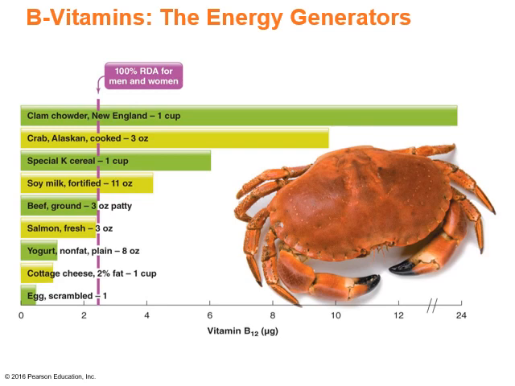That's some New England clam chowder. Good source. New England style is, of course, the creamy variety of it. That's the white, not the red. Special K, when it comes to cereal, is up there. Some Alaskan cooked crab. You got some soy milk that's fortified, ground beef, salmon, yogurt, cottage cheese. Again, look at these. Most of these are animal sources, so this is tough for people that are vegetarians. That's why we said when we talked a little bit about vegetarians last week, especially in reference to protein, very careful planning is needed in order to make sure that you get everything that you need from your diet.